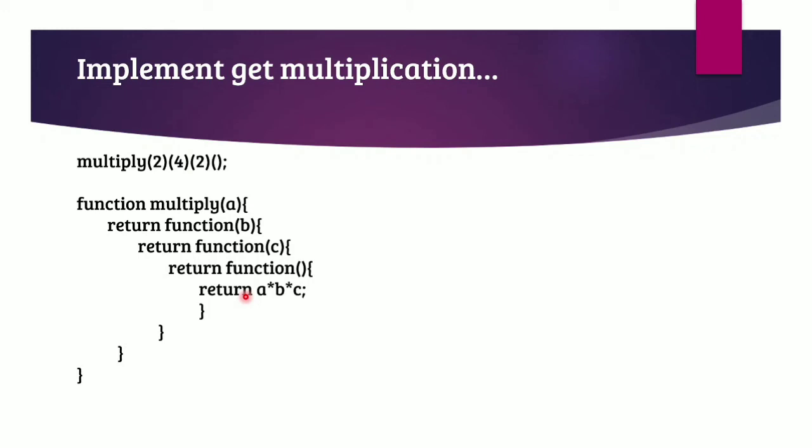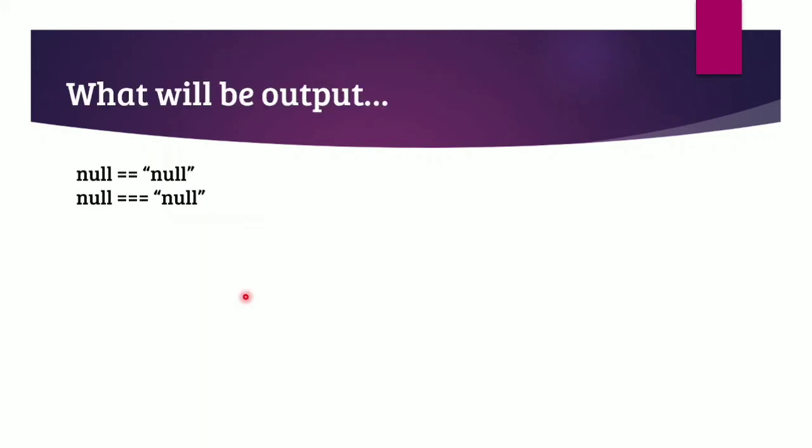Now it's time to see our next question. Here the interviewer will ask you what will be the output of null double equal to null in a string. Sometimes people get confused, but here null means a false value, and this null inside a string means it is treated as a string. So that's why one is a falsy value and the other is a truthy value. Is it equal to this one? No, so it will surely come as false.